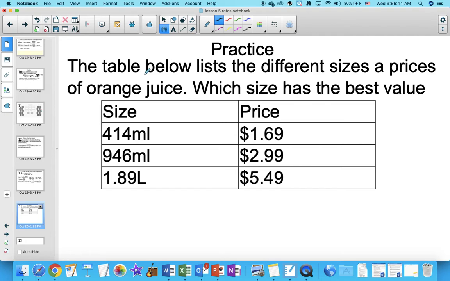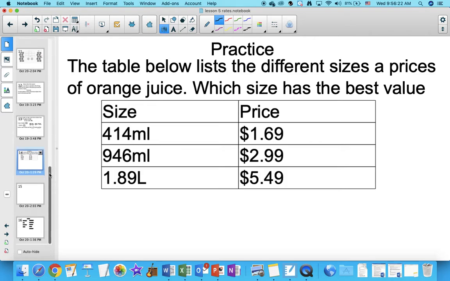So the table below lists the different sizes and prices of orange juice. Which size has the best value? So we have 404 milliliters to $1.69. We have 946 milliliters to $2.99, and 1.89 liters to $5.49. So the way you'd solve this question is, and I'll only help you with the first one, the other ones you can do on your own,